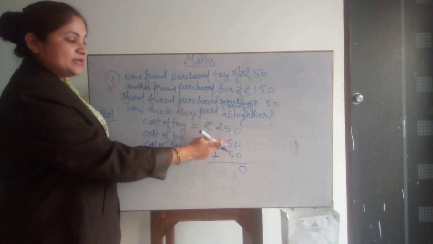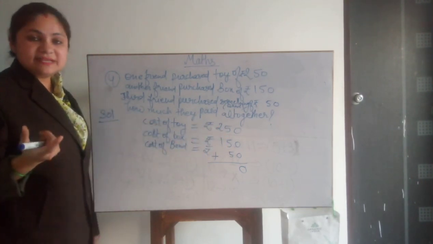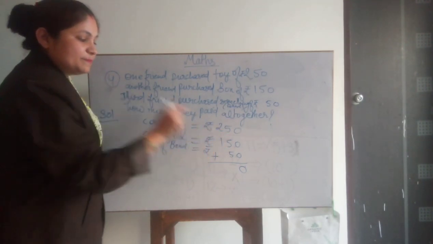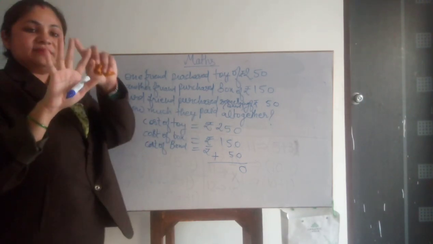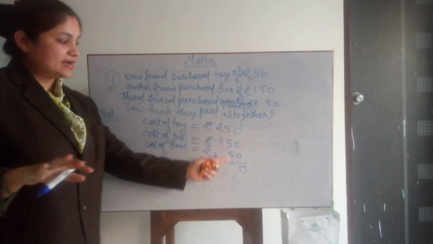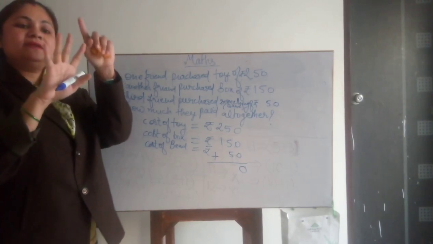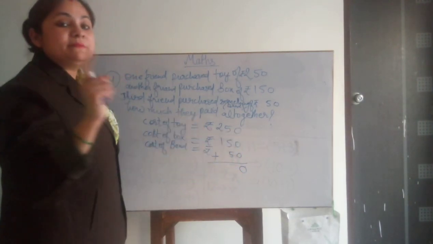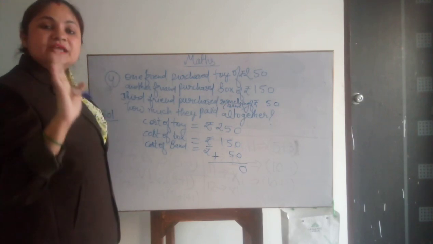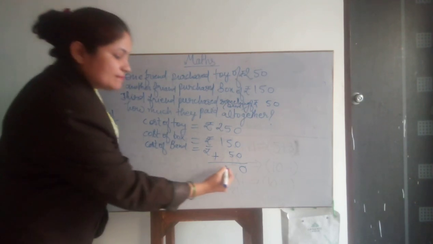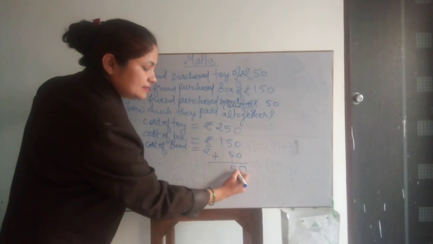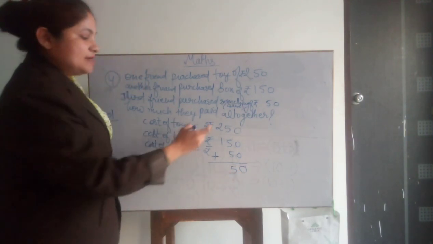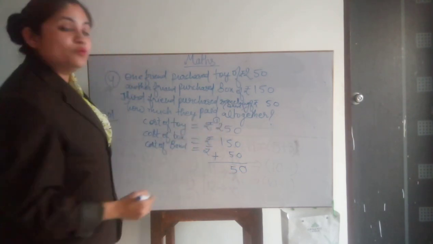Now here 5 plus 5. In the same way, 5, then plus 5: 6, 7, 8, 9, 10. Okay, then again 5: 11, 12, 13, 14, 15. So it will be 15, but we will not write 15. In place of 15, we will write the 5. Okay, and 1 will be the carry over.